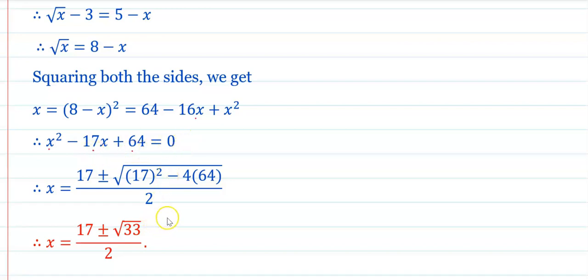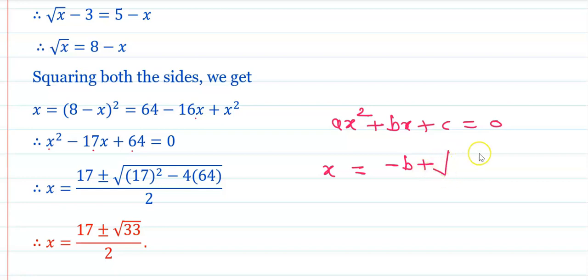आता याचे फॅक्टर्स काढण्यासाठी we'll apply the formula. Suppose that ax square plus bx plus c is equals to 0. Then what is the formula for its factorization? Minus b plus or minus in root of b square minus 4ac upon 2a. Okay, and in this way the value of a is 1, b is minus 17 and c